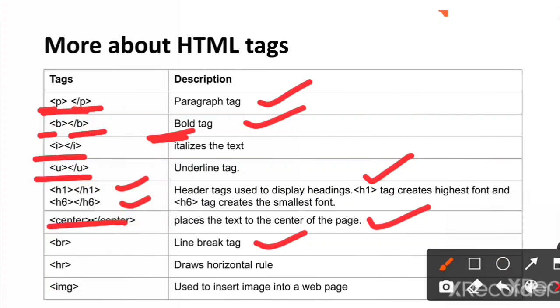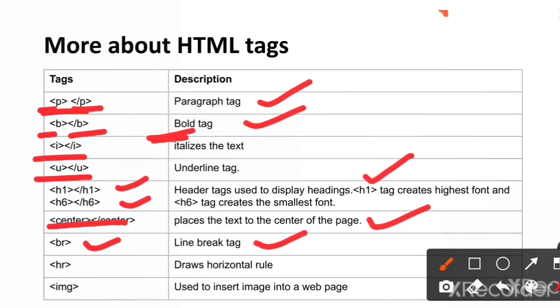You can notice here the BR tag comes alone. Okay, it does not have a closing tag. It only marks the beginning. Because after breaking the current line, the cursor will automatically be moved to the next line and the information will be displayed in the next line. So hence there is no need for marking the ending of the break.